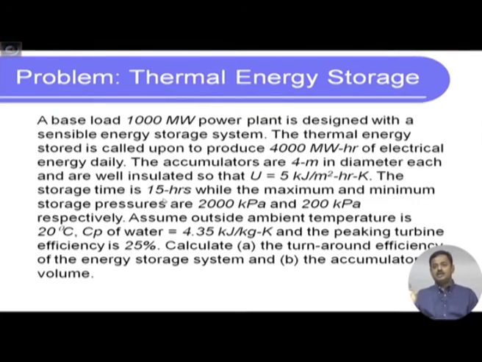So, use the turnaround efficiency formula, where you first have to calculate the time constant, rho C V over h A. For a cylindrical accumulator, the volume V is pi d squared over 4 times the length, and the outer area A is pi d times the length. We use this formula to get the time constant, put it in that equation, and we get the turnaround efficiency.